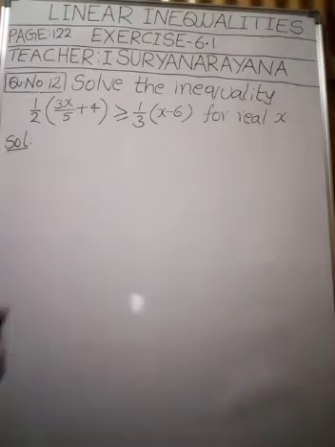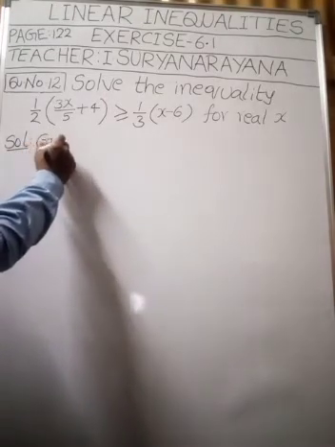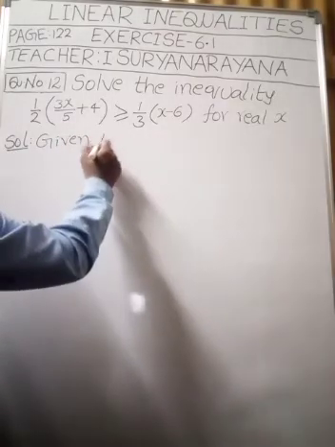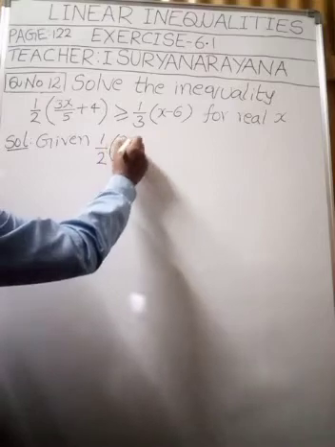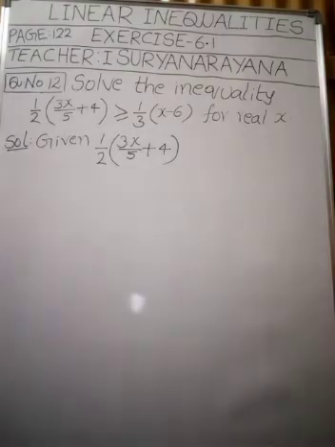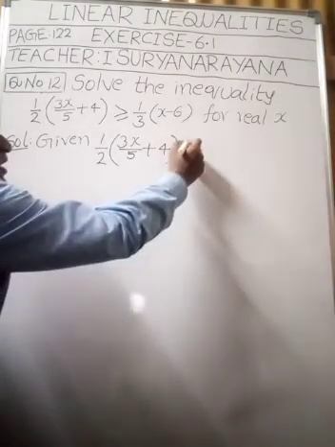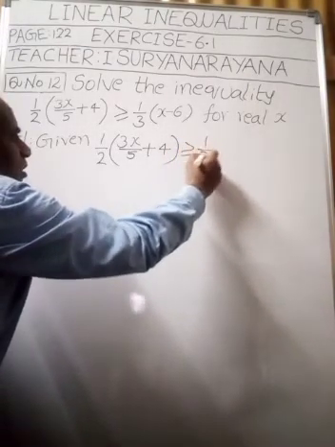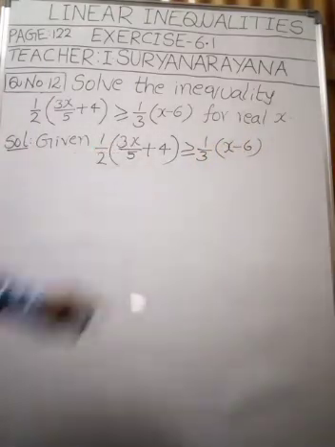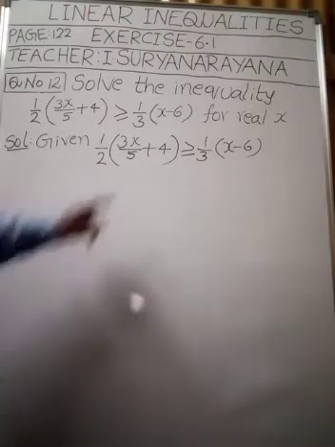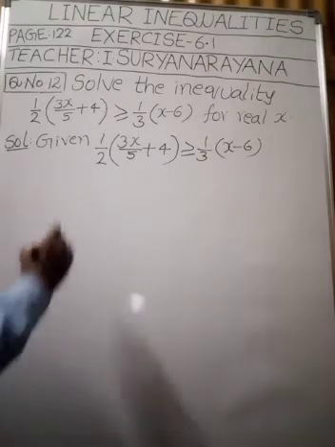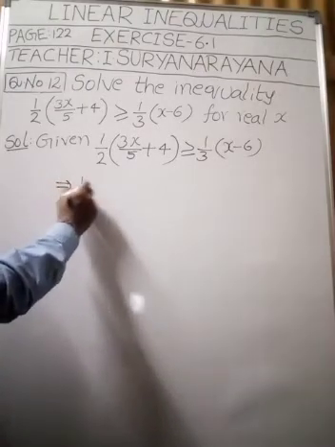Come to the solution part. Let us write the given inequality. 1 by 2 of (3x by 5 plus 4) is greater than or equal to 1 by 3 of (x minus 6). Okay, my children, this is the given inequality. Now, let us simplify the terms in the brackets first. This implies 1 by 2 of,